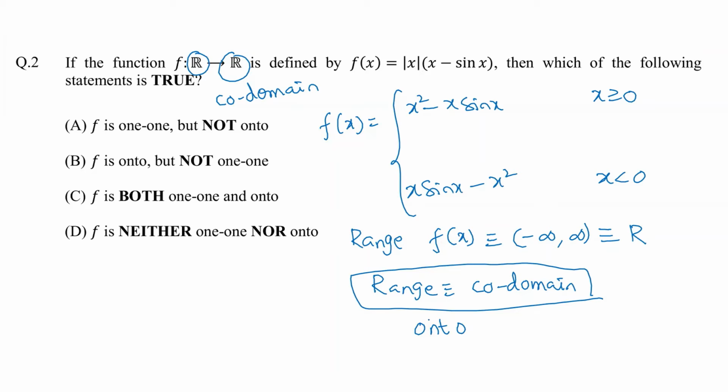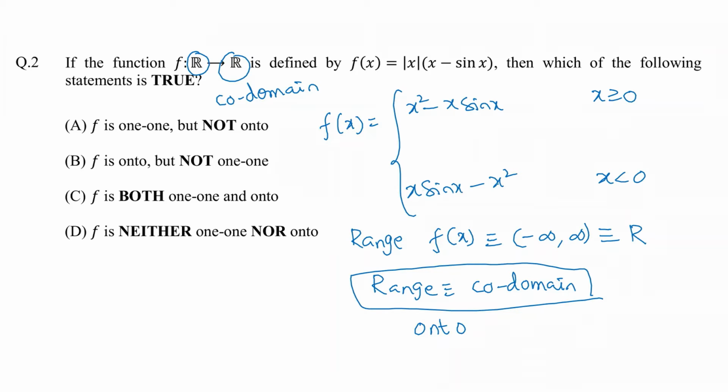So now how do we find out whether this one is a one-to-one function? For this one we are going to go for differentiation. So take the differentiation of the given one. So what are we going to get? This x square differentiation is going to come as 2x. Then after that for x sin x, we have to use the product rule of differentiation. Similarly, here also we have to use the product rule, and then we are going to get this.